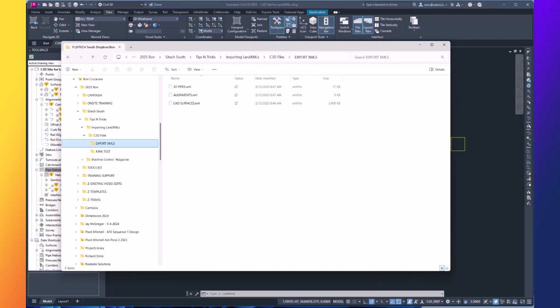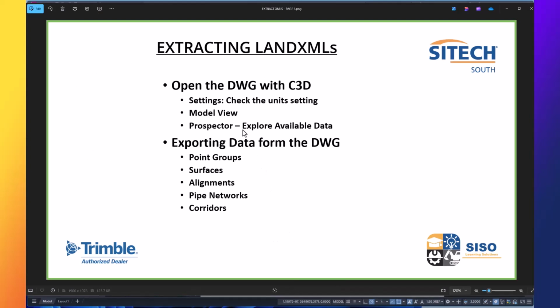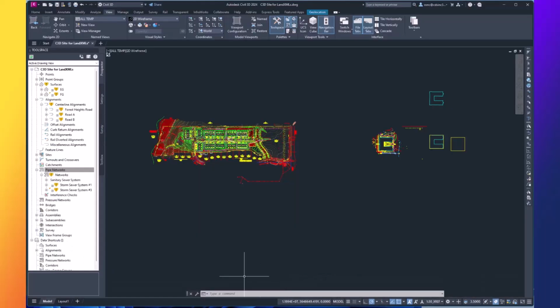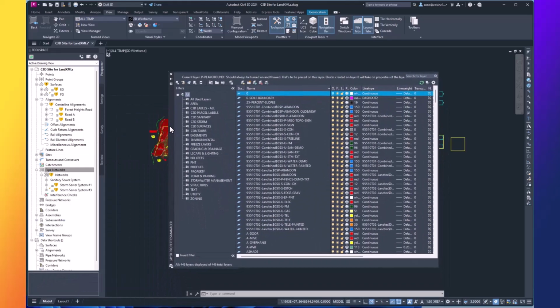And getting back to what we did, we went into Civil 3D, opened our DWG, we checked the unit setting, we're in the model view, prospector, so on and so forth. Now I'm going to show you a couple of other items up here about model view and turning things on, just to give you a little bit of extra information. If we go back to Civil 3D, something that I recommend that you do when you first come into Civil 3D for the project, you open your